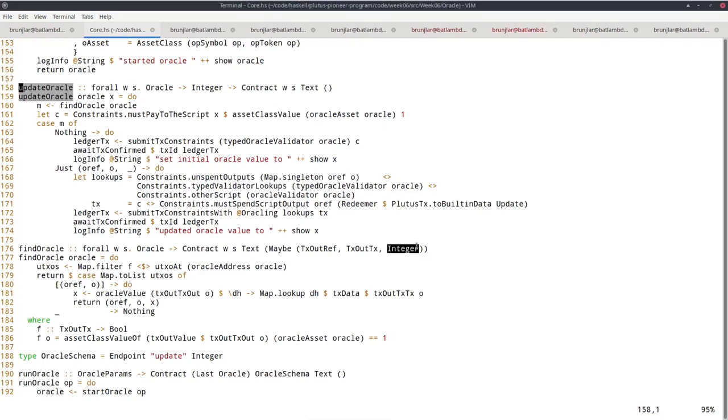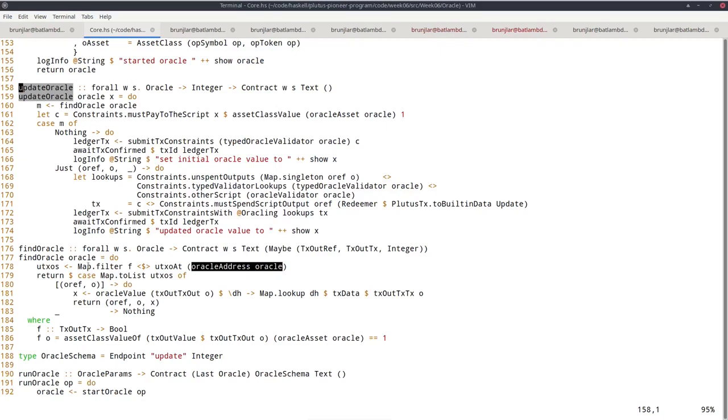And how do we do that? So first we use utxoAt that we already know to get all the UTXOs sitting at the Oracle address. So this is now a map from TxOutRefs to TxOuts, all the UTXOs sitting at this address. But remember, if we find more than one, then most of them will be wrong. I mean, we want the one that contains the NFT.